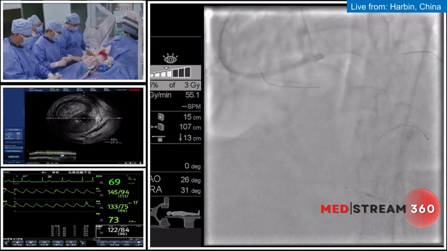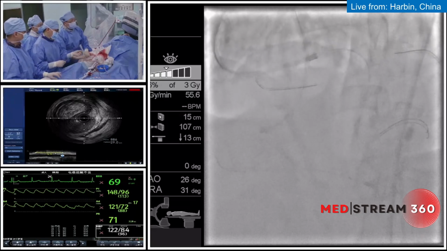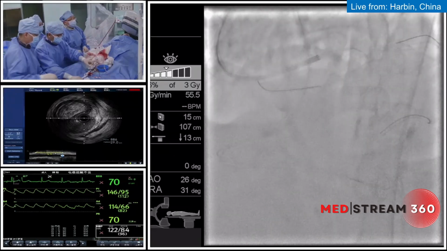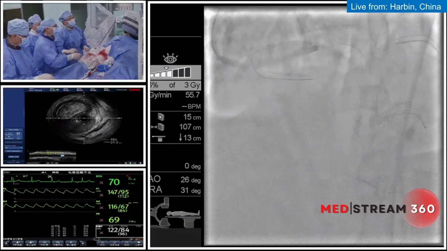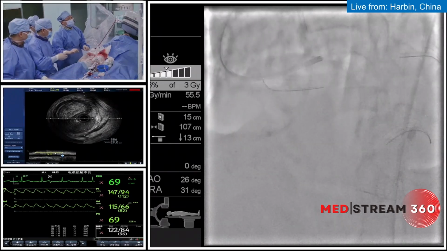I should withdraw the RG3. Okay, withdraw the RG3. And we can also see that we gently maintain the position of the microcatheter, no matter whether it's antegrade or retrograde,